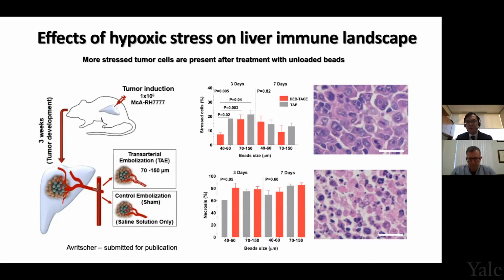As for the surviving hypoxic cells, what we were able to see is that when you embolize with bland beads, without drug, there was a statistically significant trend to leave more of the surviving hypoxic cells behind. In terms of necrosis, there was no significant difference. If you use larger or smaller beads, drug or no drug, you cause more or less the same amount of tumor necrosis. So the differences were not in tumor necrosis, the differences were in the surviving fractions.